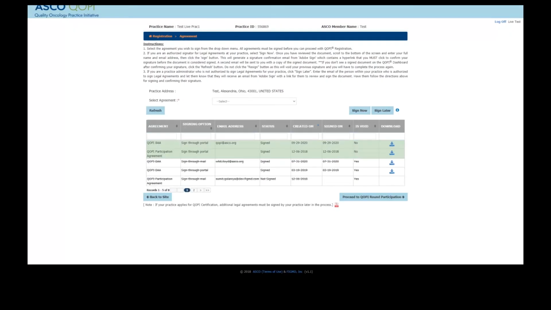If you've signed agreements previously, they will show up in the legal agreement table. If you have active agreements currently, they'll show up in green, and any previous and now void agreements will show up as well. In order to select the agreements that you need to sign, click this dropdown, and the QOPI BAA and QOPI